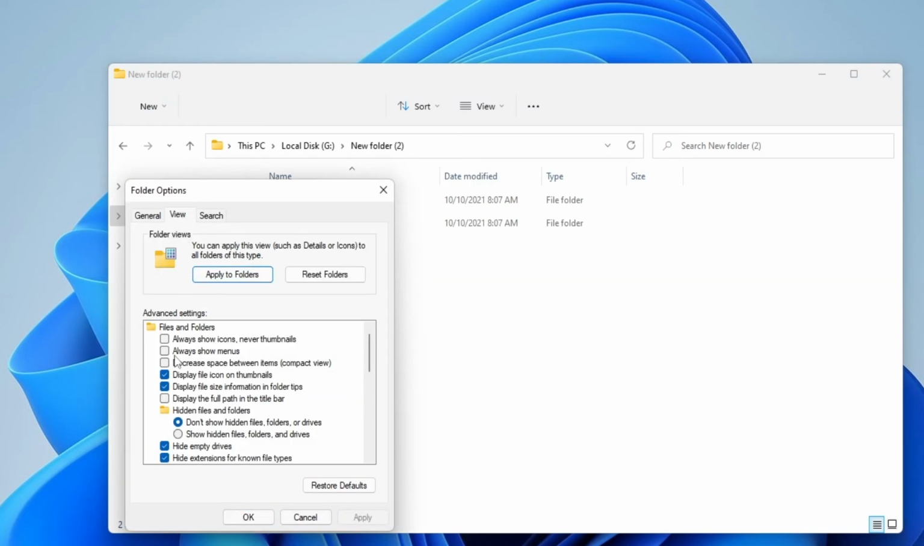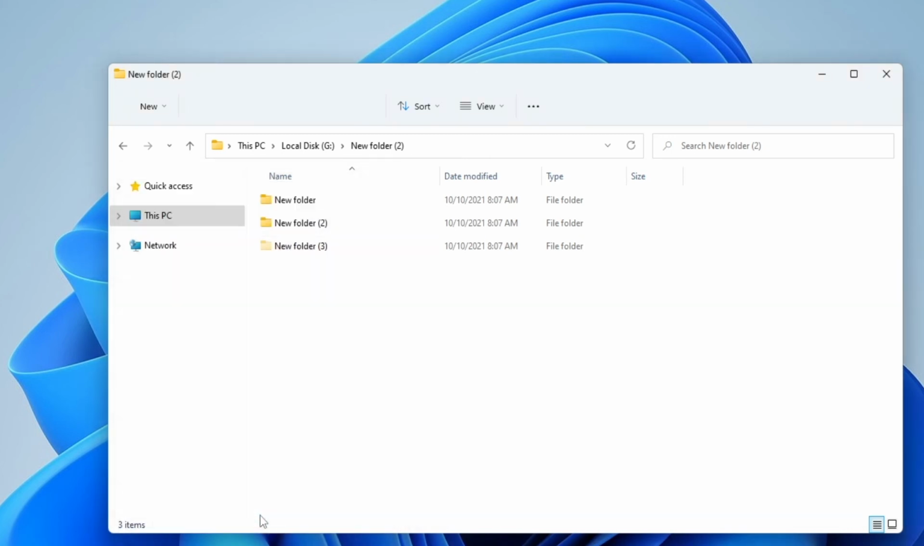4. Enable the appearance of hidden files. Click on the circle next to Show Hidden Files, Folders, and Drives, then click OK to show you the hidden